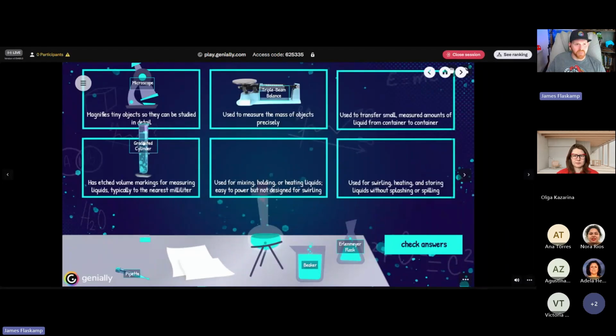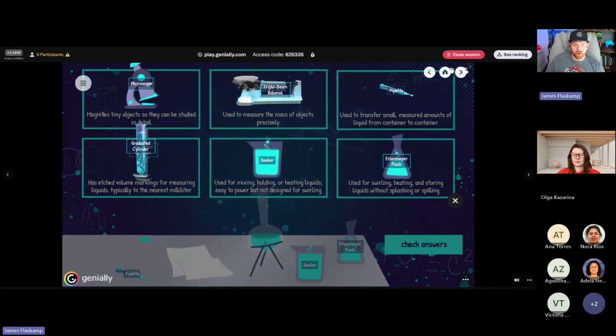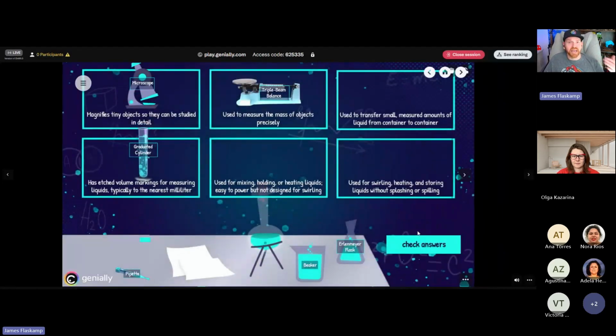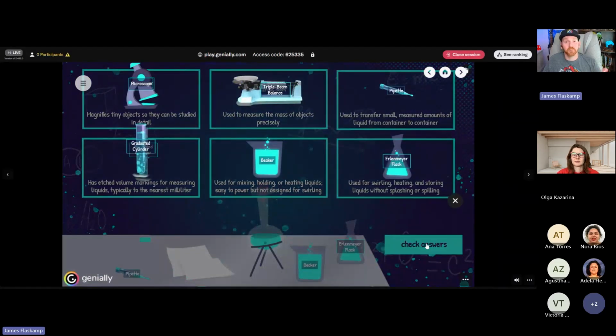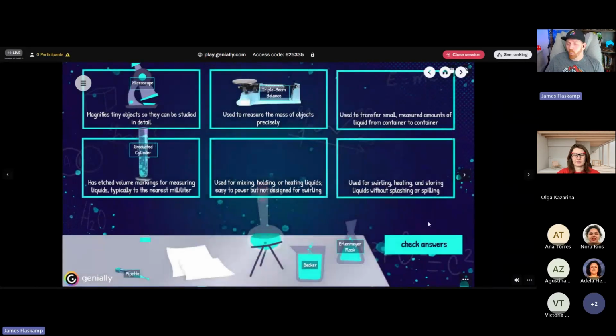Okay, so matching up the image and the description with the description up here in the box, right? And then we also have a check answers button. When you click that, it actually shows you what the answers are. You could password protect that as well, by the way, if you don't want students immediately being able to check it. Genially allows you to password protect pages and things like that so that they can check it when you tell them to and when you give them the password if you want to do it that way. Or it can just be self-checking right away off the bat like this.